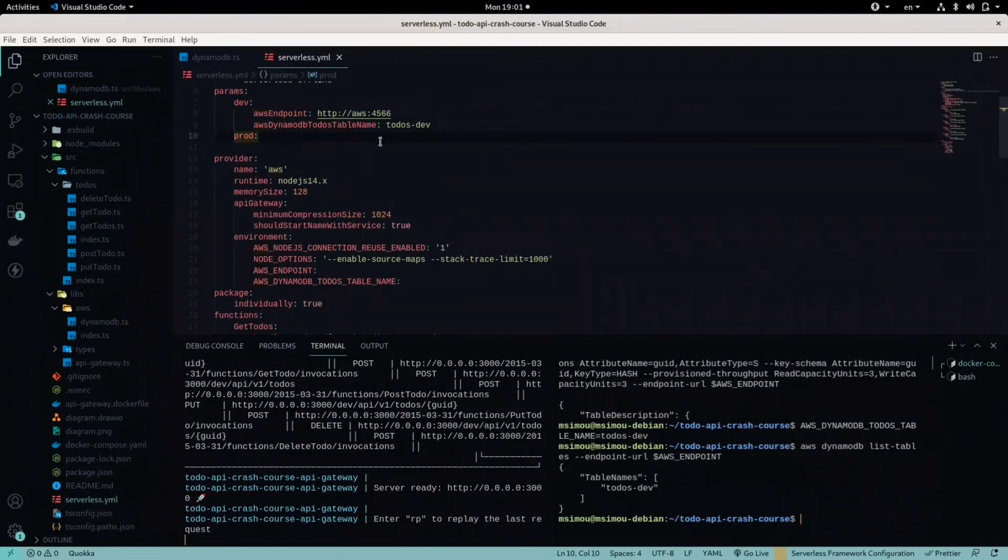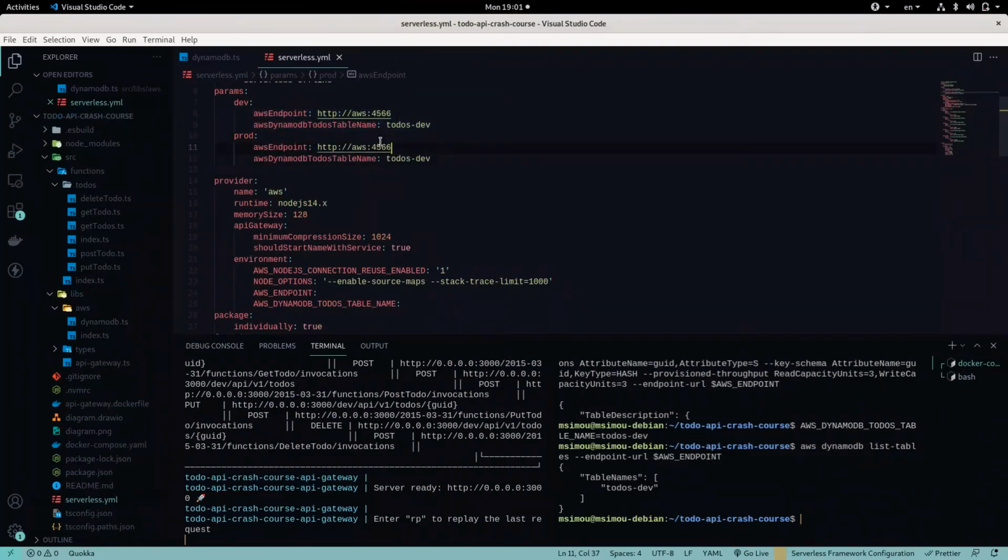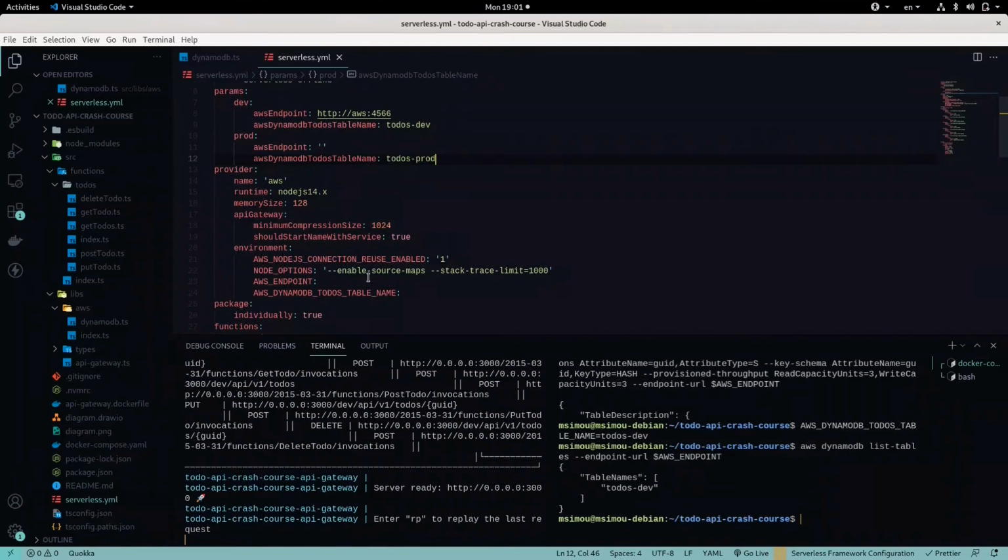So now we need to fill the values for prod, and for prod we don't need an AWS endpoint, and the table name needs to be to-dos prod. And to reference those values, we simply need to set dollar curly brace param colon and the name of the parameter that we want to reference, and we need to do the same for the table name. And one more thing that we need to set is the environment, so that we know if we are on stage or on prod. And to do that, we need to reference that